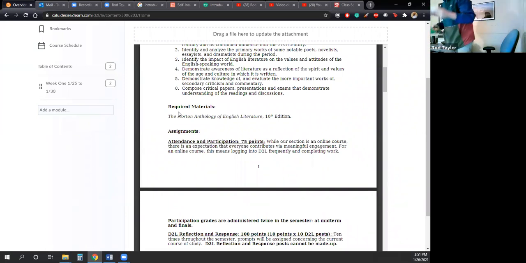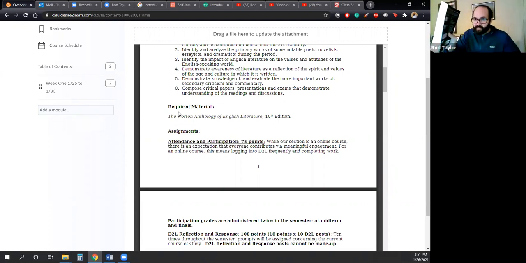There are 3 volumes. So there is volume D, which is for the Romantic period. You can see that there. They're pretty meaty books. Then you have the Victorian age, right there. And then we have the contemporary 20th and 21st centuries. So you can get those. We will need them for the class,